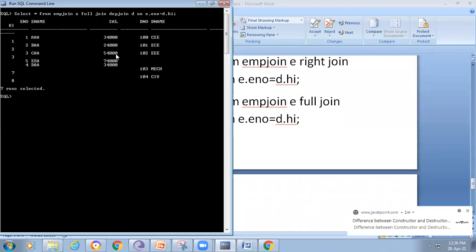In this way we can display the tuples by using joins. Am I right? In the case of left join, left side tuples are displayed, but from the right side only those matched with the left side are displayed. In the case of right join, the right side tuples are displayed, but only those matched with the left side are considered. If it is a full join, then we display the total values from the database. So in this way we are using the different types of joins.